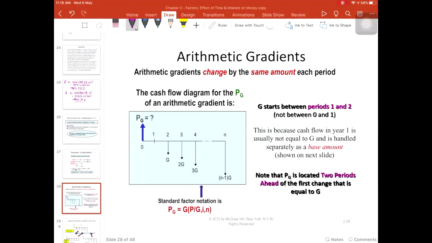Alright. We are settled on the F over P and P over A. And then we go to arithmetic gradients. What is the arithmetic gradient? This is the definition of arithmetic gradients. That means an arithmetic gradient is